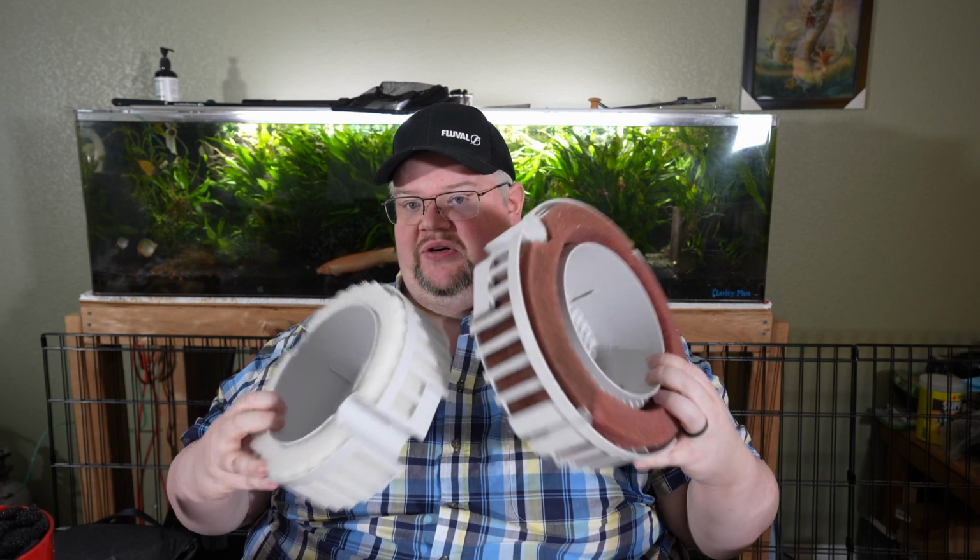So, as far as media capacity is concerned, same amount of media. Now, Fluval also sent me their new Bio FX media. I have a few bags of it. I bagged this individually in my own bags. You don't necessarily have to bag it, but here is roughly 1 liter worth of the 5 liters that comes